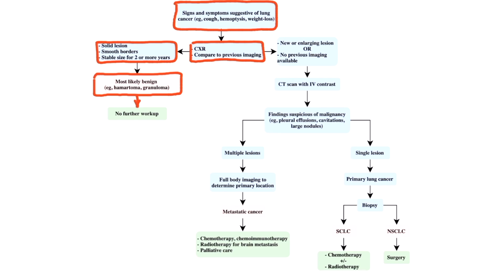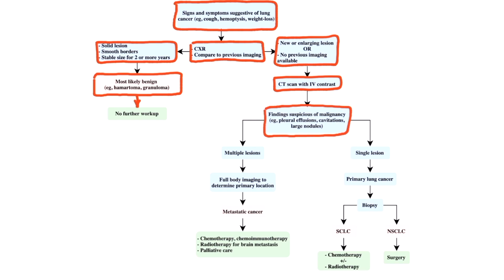In case imaging shows a new or enlarging lesion, or no previous images are available to compare, a CT scan with IV contrast needs to be done. Features on CT scans suspicious of malignancy include the presence of pleural effusions, cavitations, or large nodules. If a single lesion is detected, primary lung cancer is suspected and a biopsy needs to be performed to confirm the diagnosis and determine the type of cancer. Small cell lung cancers are treated with chemotherapy with or without radiation, and non-small cell lung cancers are